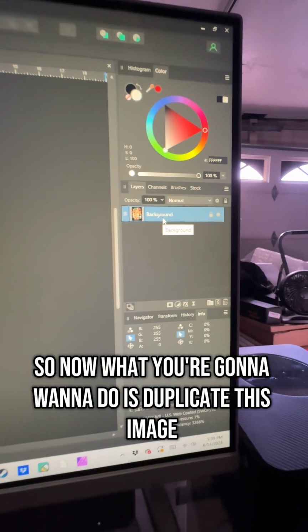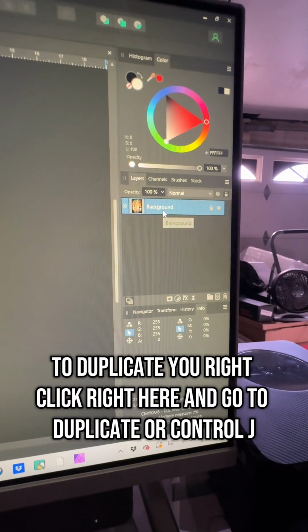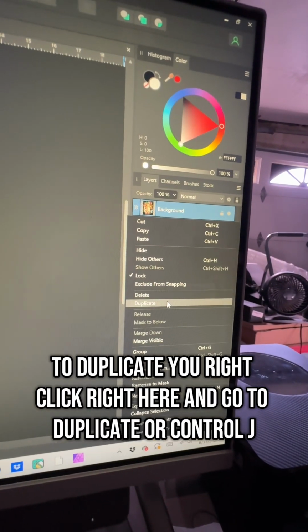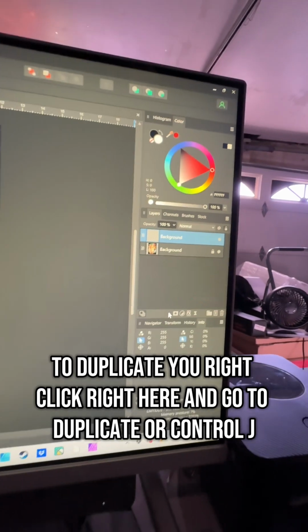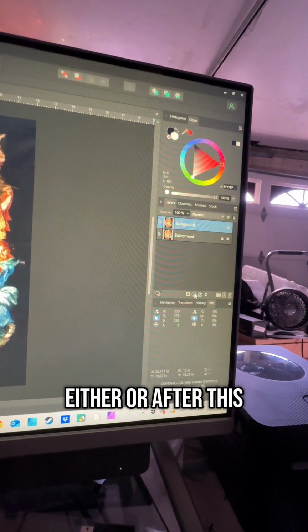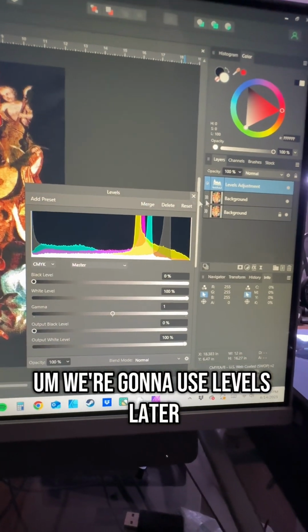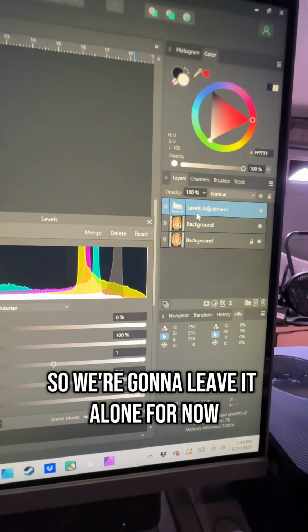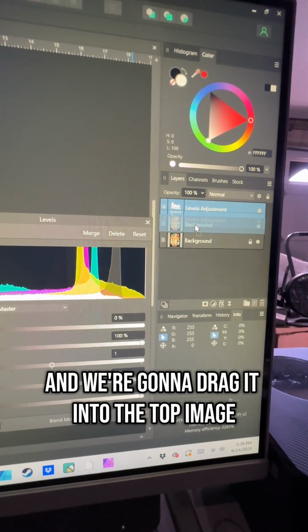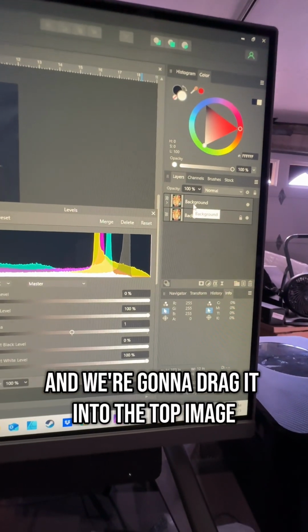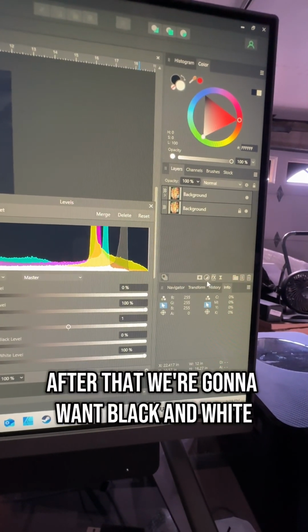So now what you're gonna wanna do is duplicate this image. To duplicate, you right click right here and go to duplicate, or Control J, either or. After this, we're gonna go and put some levels. We're gonna use levels later, so we're gonna leave it alone for now, and we're gonna drag it into the top image. After that, we're gonna want black and white